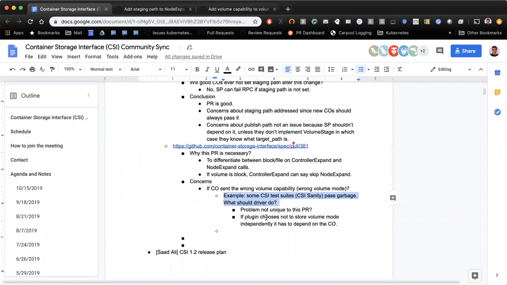CSI Sanity is making that expectation. Yeah, the CSI spec doesn't say you have to do that. Okay, so that makes sense. So CSI Sanity makes assumptions that